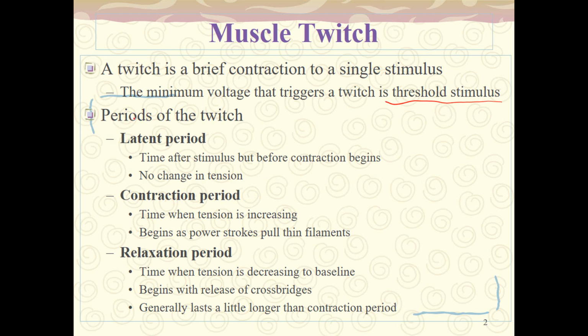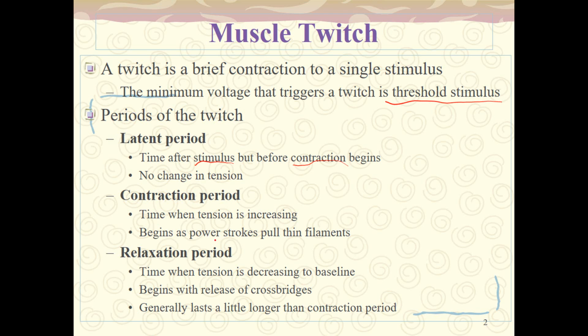So really quick, the periods of the twitch. The first is the latent period. It's the time after the stimulus but before the contraction begins. So there's no change in tension. If you think about it, this latent period is going to involve that action potential, the end plate potential, right? How long it takes for exocytosis to occur. The action potential travels down to the axonal terminal. Voltage-gated calcium gates open. Calcium rushes in, triggers exocytosis of acetylcholine. We have an end plate potential. Right, all of that. The contraction period is the time when the tension is increasing, and that will begin as soon